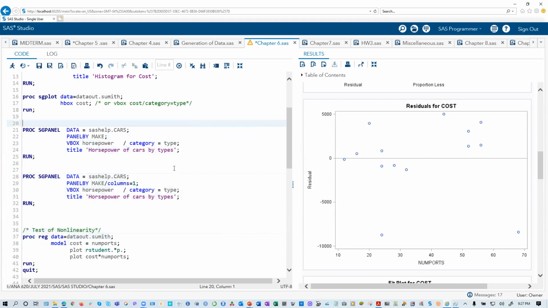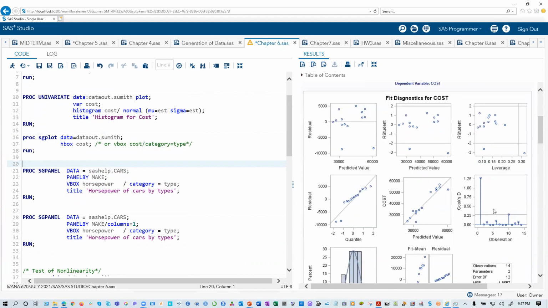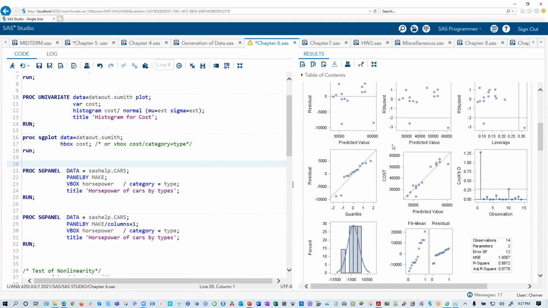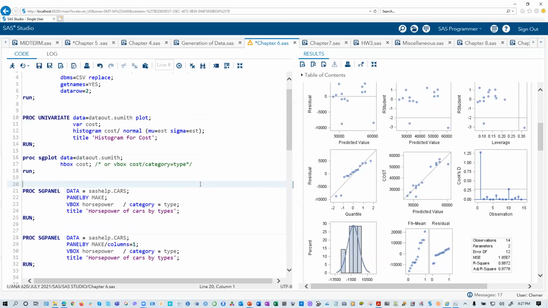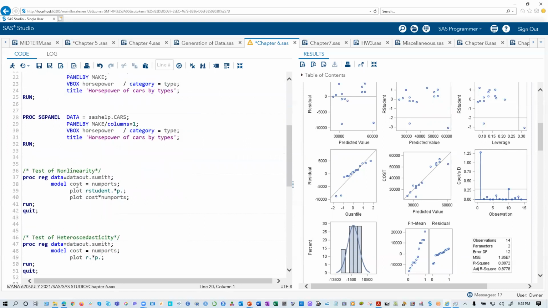When you have that, in order to check the linearity, do you have the residual versus the predictor value? I don't see that one. Residual versus the X value, I don't have that one. That's why I ran this code to get it. See, I ran this one. I said, give me the